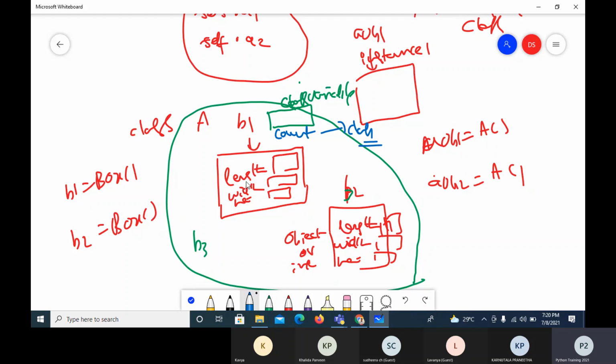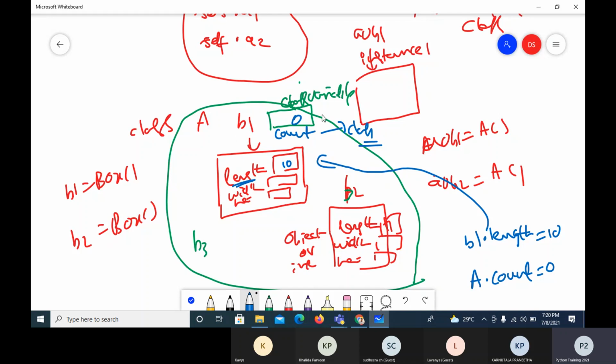Now, whenever I want to refer to a particular instance property, I require the instance: b1.length equals 10. When I take the class property, a.count, we use the class name, like calling a class method with the class name. So count 0, that means I'm referring to this.